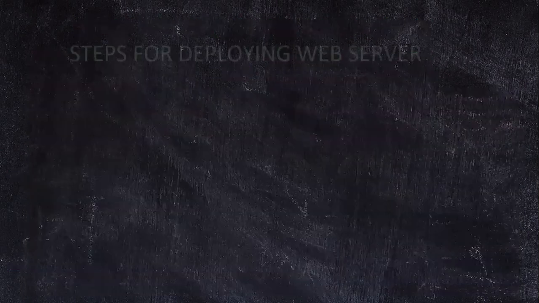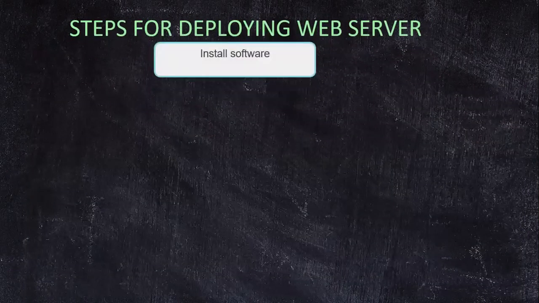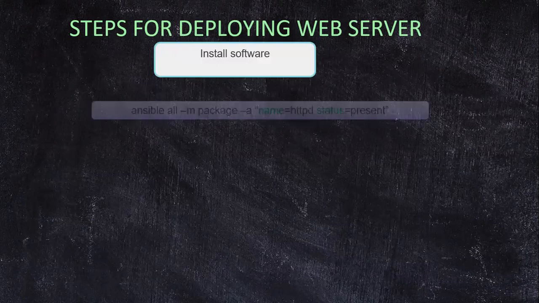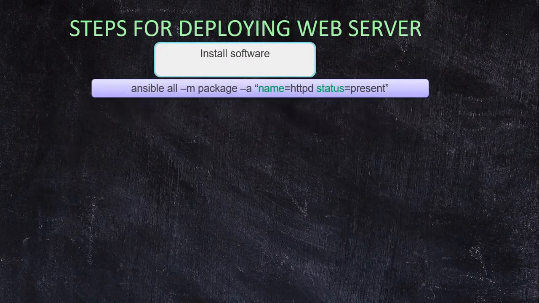So in order to summarize, for all these three steps, first step, installing the software, I'm going to build my command as ansible all -m. -m will be the input, my module name. The module I'm referring to is package. And then what are the different parameters that I'm going to give? Name is equal to httpd and state is equal to present.